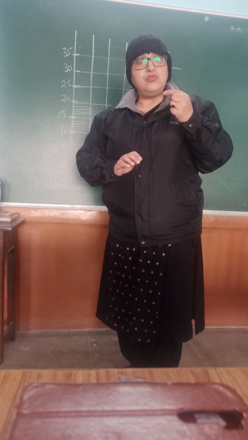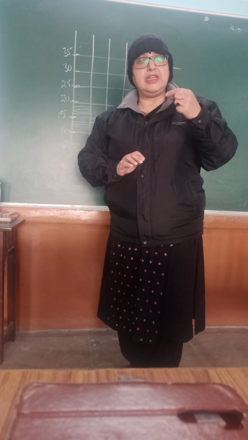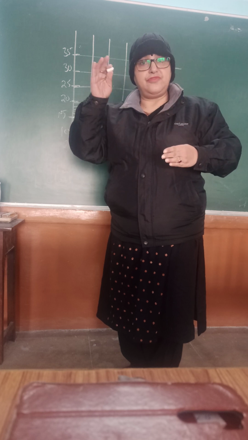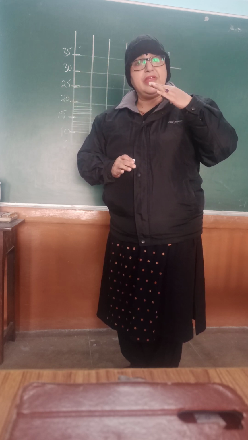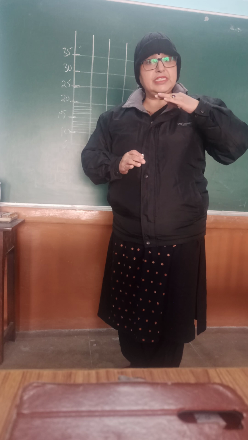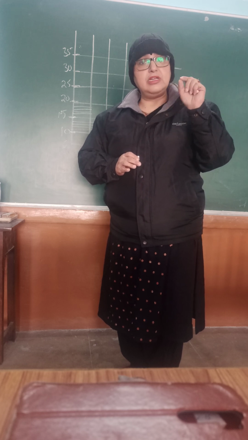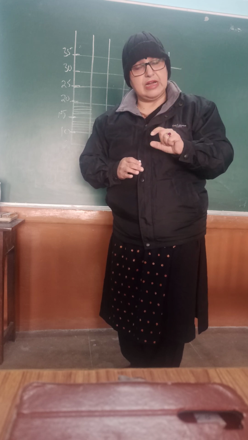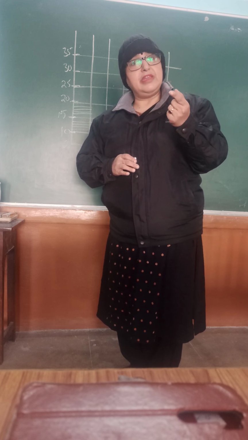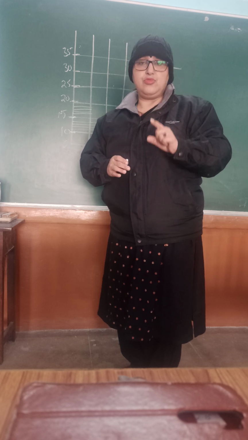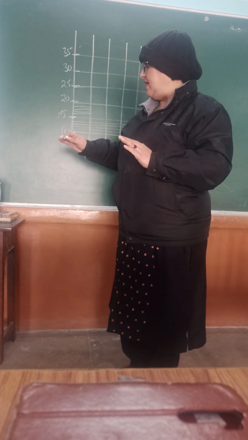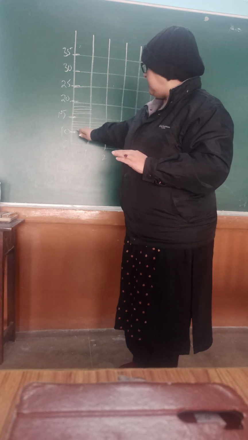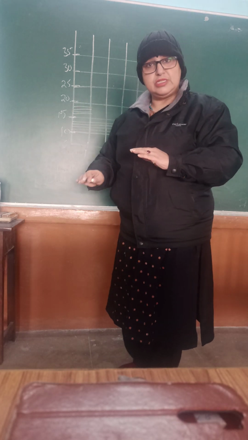Okay, so you have to count those lines whenever you are marking a certain number which is not in accordance with the difference of the numbers. So whenever you are marking, you will always keep in mind that those smaller, thin lines which are between the two boxes are also to be counted according to whatever information is given in your question. I hope you have understood how to count these smaller lines which are between the two boxes. Okay?